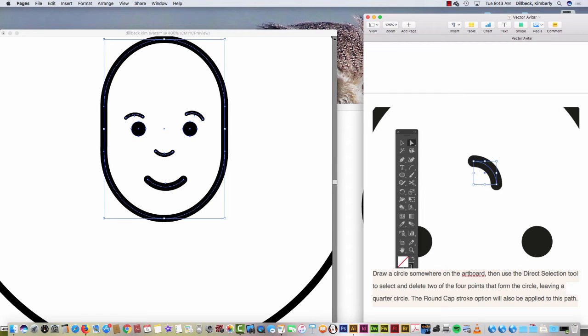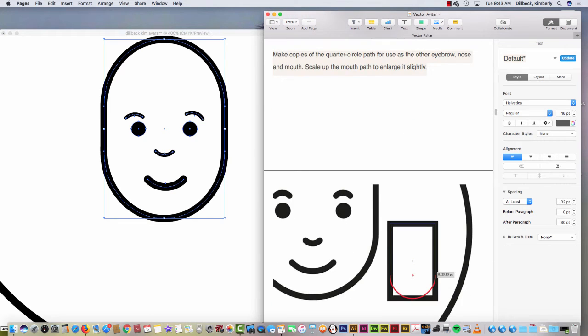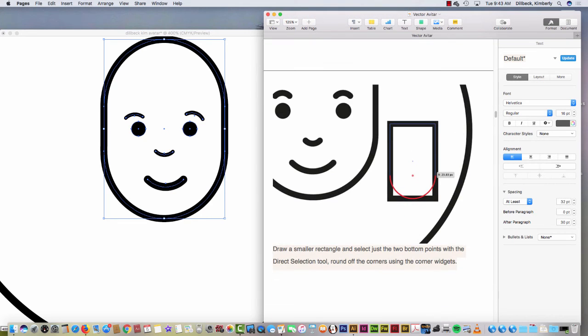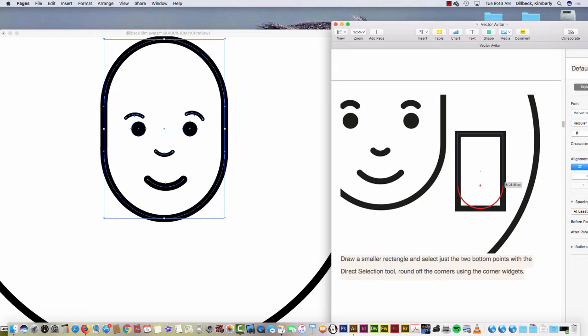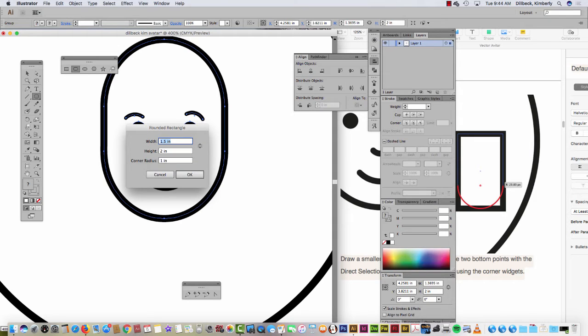So the neck on this is another, he's using the square, and he's using that tool that lets the corners switch. We're not going to do that. We are just going to use rounded rectangle again, and this time our dimensions are going to be 0.75 for width, 1 inch for height,